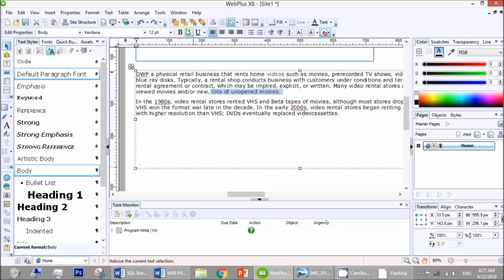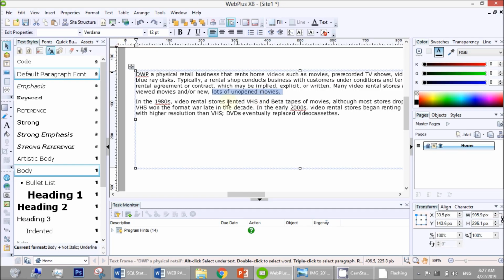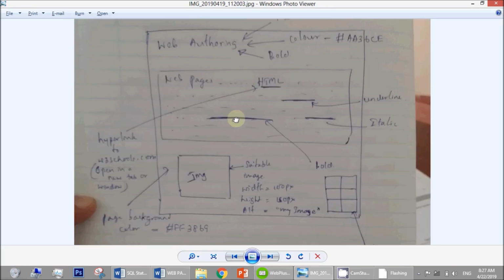Part of the text is italic now, and then we need to bold part of the text. Okay, we underlined it as well. Now to bold, highlight, and okay, we wanted the underline, italic and bold separately, right? Okay, next is the